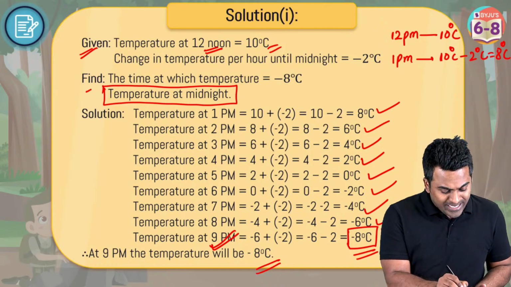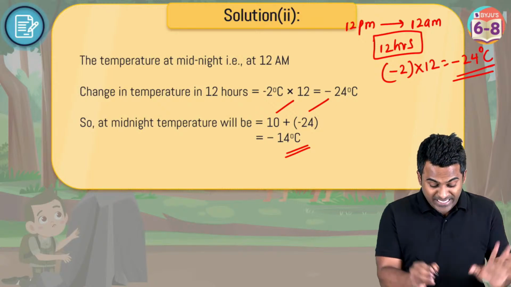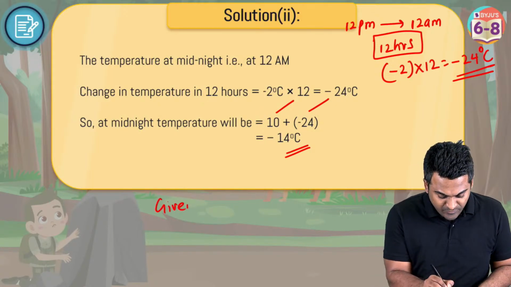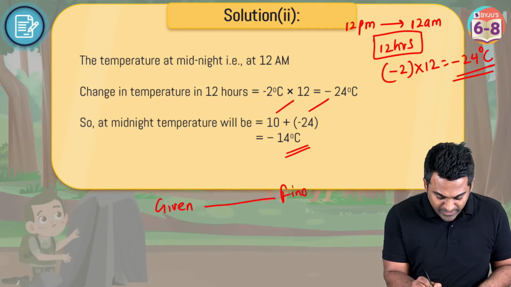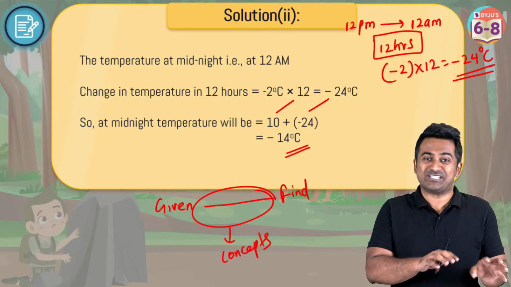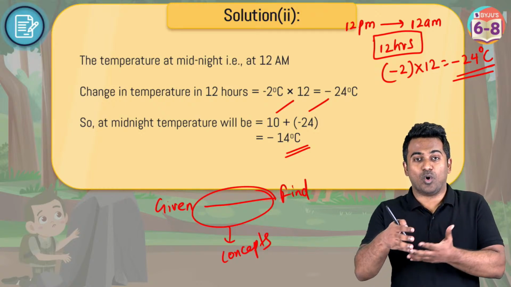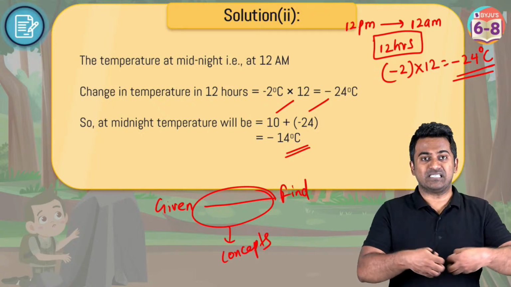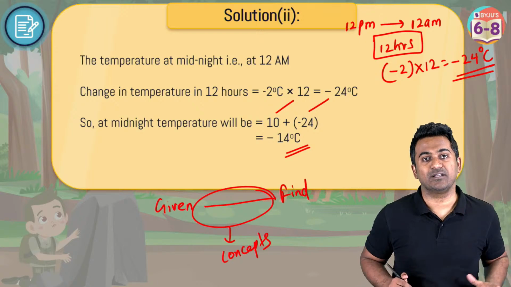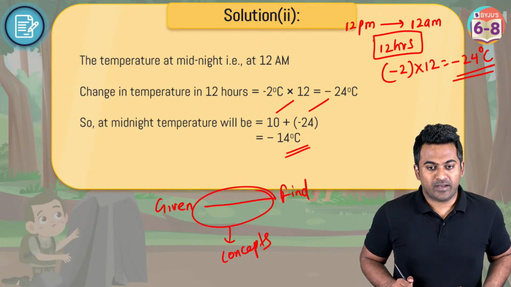And then also write down what you need to find, because the journey is very small. The journey starts from what is given to what you need to find, and in the middle are your concepts and knowledge. So this is where the connection of dots happens. What is given, what you need to find out, connect this with your concepts. That's it.